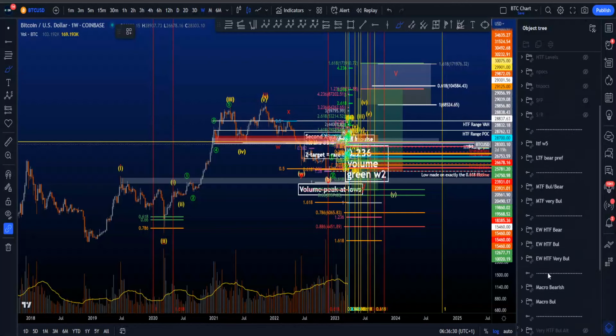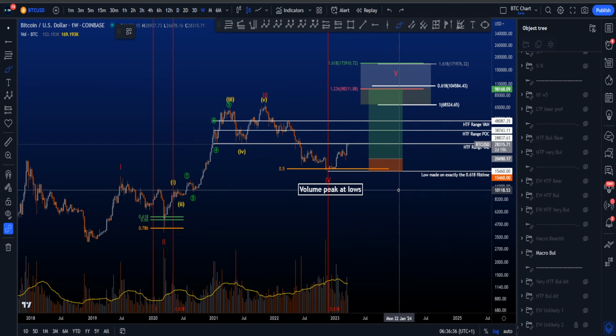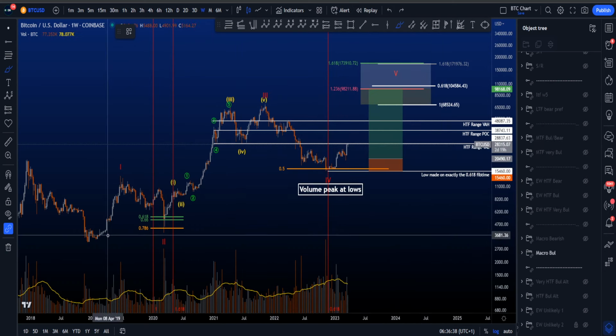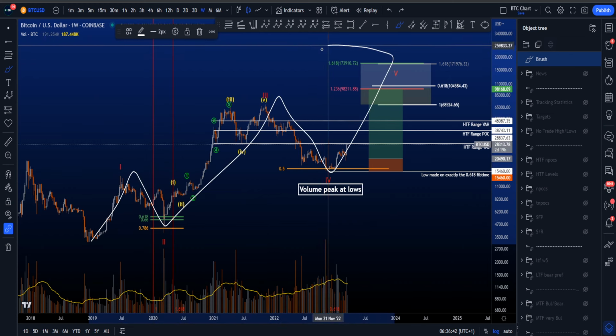Hi everyone, check the timestamps if you want as we go through all my counts on the macro, high time frame, medium time frame and the low time frame, including potential trading setups, starting with the macro bullish scenario where this is a 1, 2, 3, 4 and then a wave 5 with the most common target being between 98k